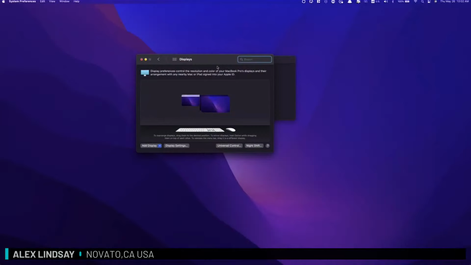Are you able to disable spaces on the Mac? Not disable. It's not disabling spaces. It's disabling separate spaces. I'll show you here. Because I would love to disable spaces on the Mac. If that was an option, I would turn it off in a heartbeat. So I just have to remember where it is.